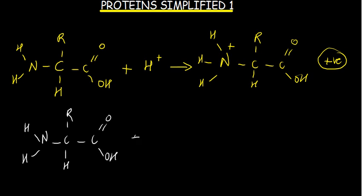Now the characteristic of a base is a hydroxide. What is going to happen? This hydrogen which is here is going to interact with the hydroxide. So in a case where, let's say, we've been given water, water is reacted